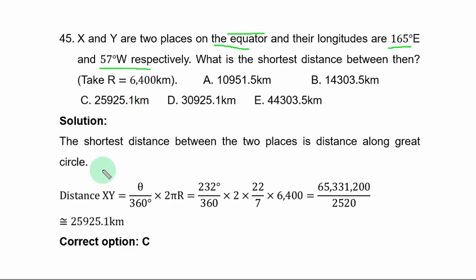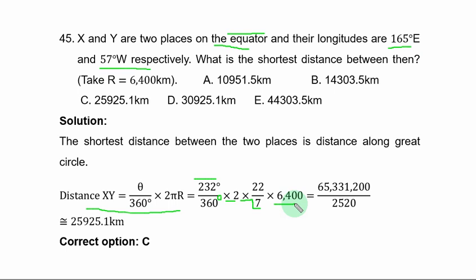Such distance is computed using this, and because the two places are on different sides of the meridian, you need to add to get their angular difference as 232 degrees over 360 degrees times 2 times pi, 22 over 7, times the radius of the earth,